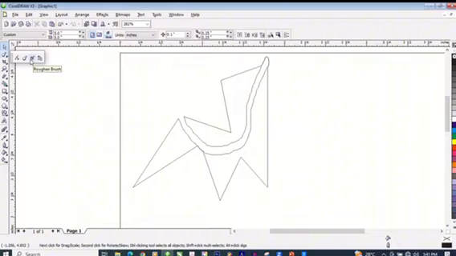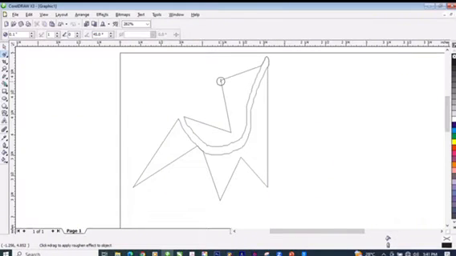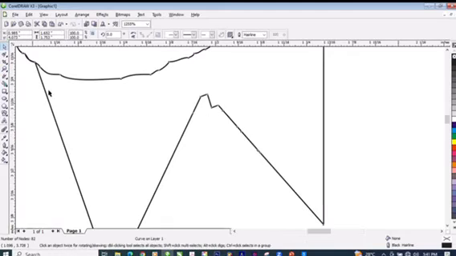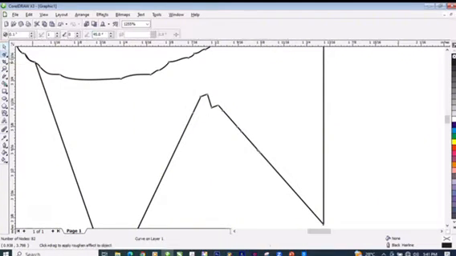roughen edges. So look at it. Let me zoom it for you. You can see what the roughen edges did. So that looks like a fork. So you click on it, you see it. So that is the work of the roughen edges,